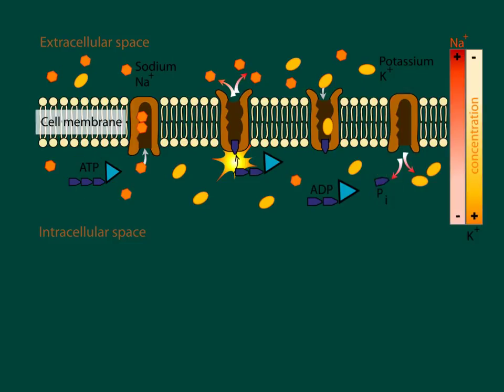But the point is that this is the movement of these ions, the sodium and the potassium, against their concentration gradients. So this potassium is moving in, from low to high. It needs energy, and that energy comes in the form of ATP. Then this sodium is going to move from low to high, so low inside, high outside. So the sodium is moving out. And again, because it's moving from low to high, it needs energy, and it comes again from the form